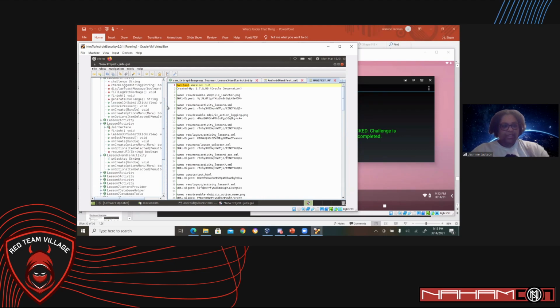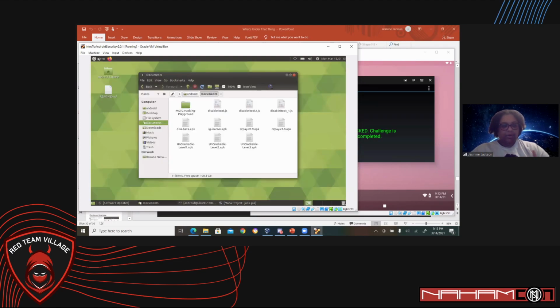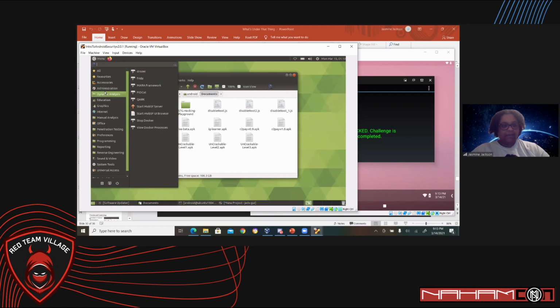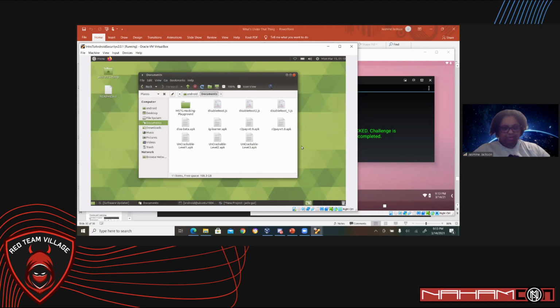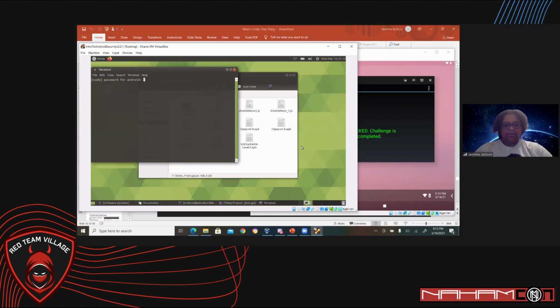But now, let's see if this will work. So remember, I mentioned MobSF, right? So if I go here, also let me describe how this works. For MobSF, first, what you would need to do is start the server, and the password is security, lowercase. So it's in a Docker container. So we're going to start Docker, and it's now starting